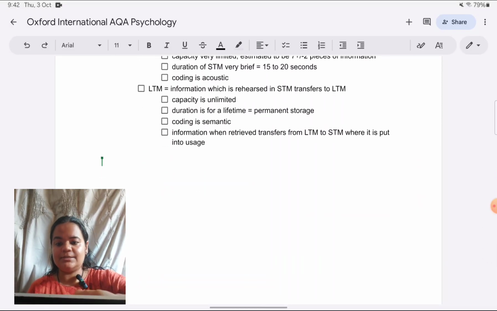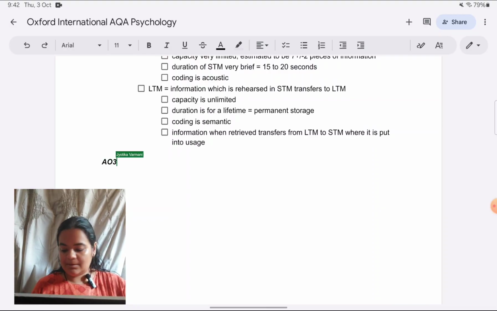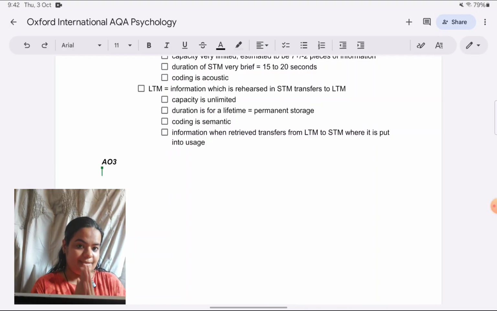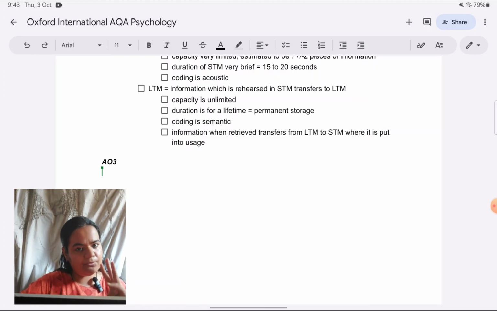This is where a consideration of how many points we should cover becomes very important. As you know, AO3 is all about strengths and weaknesses. In my opinion, you should cover 4 evaluation points, preferably 2 strengths and 2 weaknesses to give a balanced evaluation. It's up to you how many points you want to cover. Why I'm suggesting this: for UK students who have 16 markers and AO3 is worth 10 marks, I suggest that you should cover 3 evaluation points, at least 1 weakness, 1 strength. Here, because it's worth 12 marks instead of 10, I feel you can cover 4.